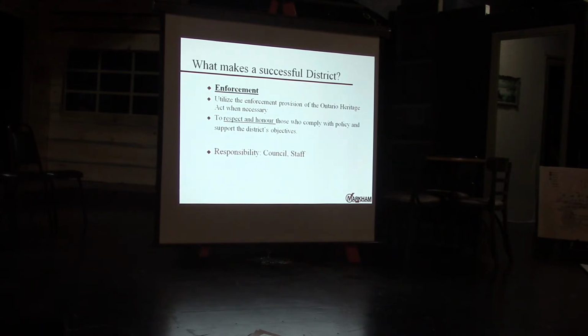Enforcement is also what I consider to be one of the factors which makes a successful heritage district. You should utilize the enforcement provisions of the Ontario Heritage Act when necessary. Basically, when people do something that's contrary to your district plan, they should be prosecuted. This is really to honor and respect those in the community who do comply with the policy and support